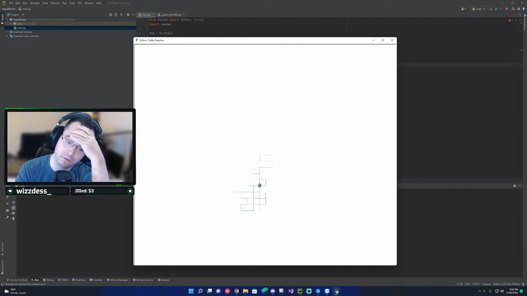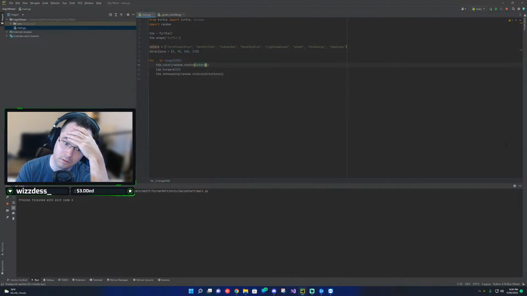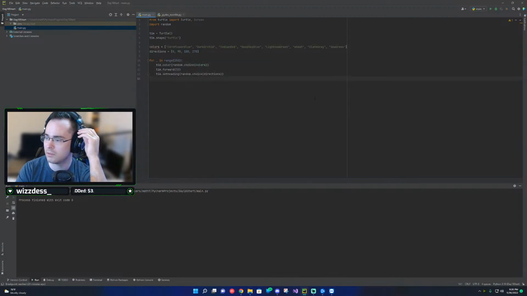If we take a look at the drawing control for our pen, you can see there's a method called pen size. And you can call this either pen size or width, but it does the same thing. Essentially, it just sets the size of the pen which the turtle draws with. If we set the pen size to something a little bit wider, say maybe 15 in width, then you can see when our turtle draws